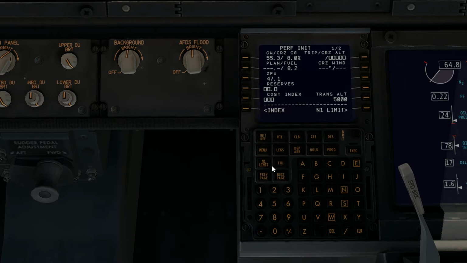Reserves you do need to put something in, so I just put 2. And the cost index you need to put something in, doesn't matter what you put in, but I put 4.5. Obviously on the real thing, the pilots will have had instruction from their company as to what to put in for these various things. We're going to fly at 20,000 feet today, so you put that in,